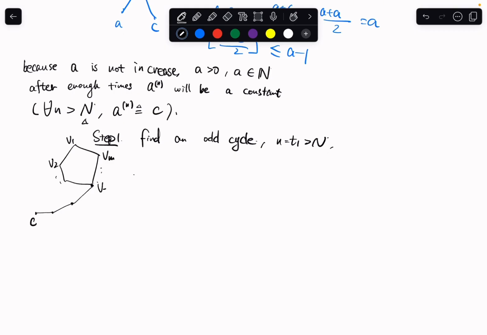Just like this is vi. So there exists a vertex v that belongs to V, which is the vertex set of this whole graph, and there exists a path like C, u1, u2, ..., uk, vi is a path